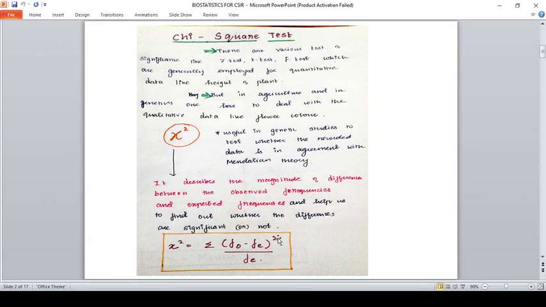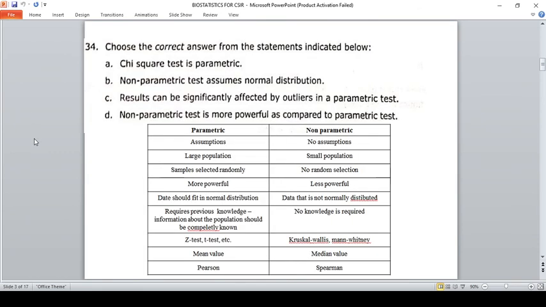So this is the general formula, where we apply the frequency observed and the frequency expected, and we can determine the chi-square like that. In CSIR they won't ask for the formula, but you should know it. They will give a related condition, like in genetics, which type of test is used for significance, like that they ask. So this is an example. This is one question asked.